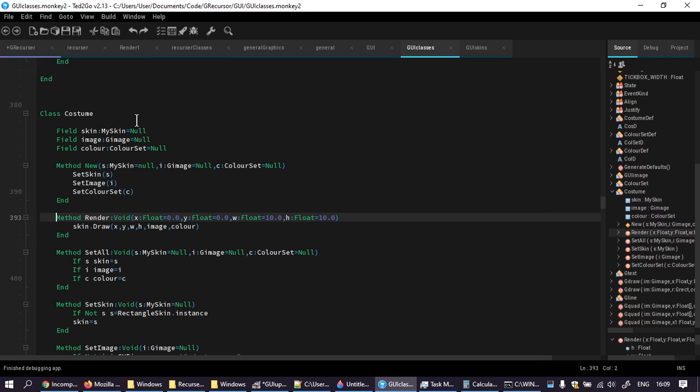Good question now, mate, is how does it get its image and color set in there when you want to just call render XY width height? So yeah, you still call render on costume, but costume doesn't have skin draw, it just has whatever its function pointer is called, and its function pointer would be